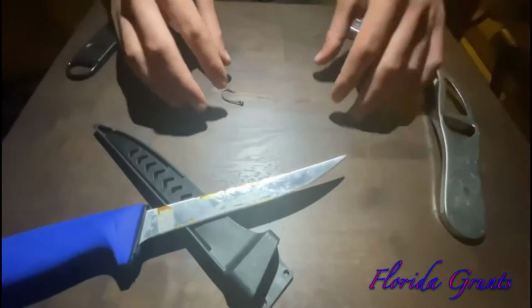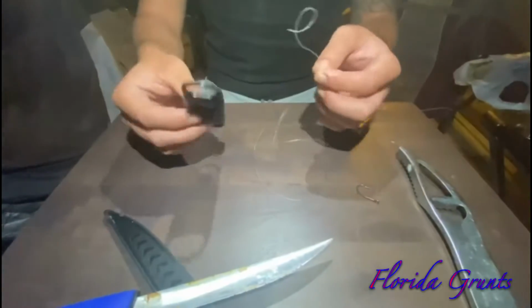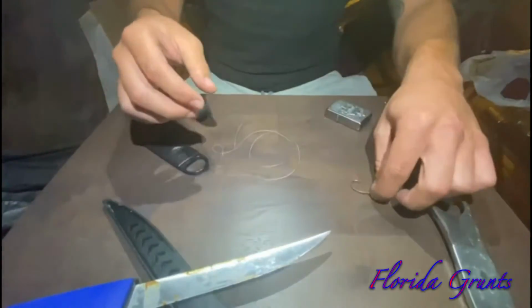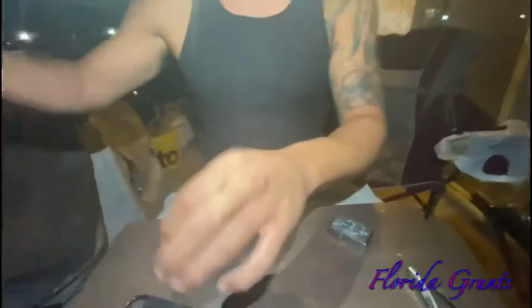We want to give you guys a little tutorial on how to do a regular clinch knot. So we want to teach you guys first how to do it with a nice wide area so you get an idea of how it's done, and then we're going to move on to actually doing it on the hook. So remember that you have your leader line, which is going to be the excess, and your main line will go to your rod. So we're going to grab our leader line,